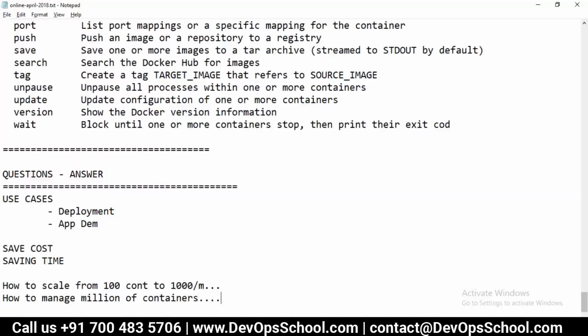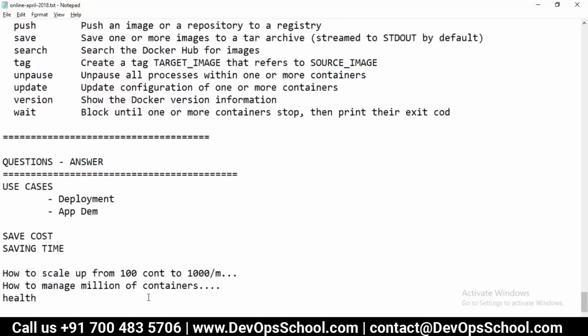If, let's say, out of millions of containers, 1,000 containers die for some reason, you don't care about it. Replacement should be done automatically. You are not getting up from your bed in the midnight and doing all this. You are not doing anything manually. So how to scale up, how to manage, how to check the health of it, and all this